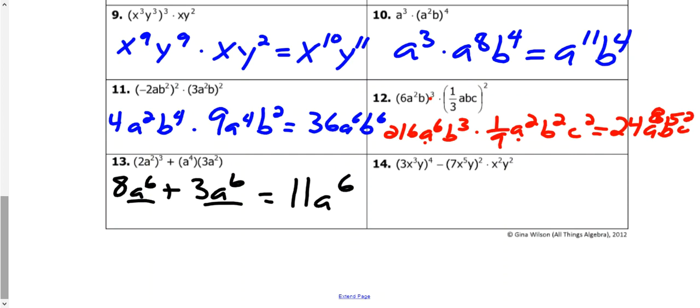For 14, same thing, we want to simplify. So 3 to the 4th power is 81, x to the 12th, y to the 4th, minus, distribute this 2 across that, that will give us 7 squared is 49, x to the 10th, y squared,